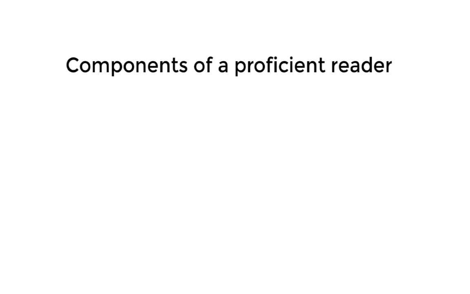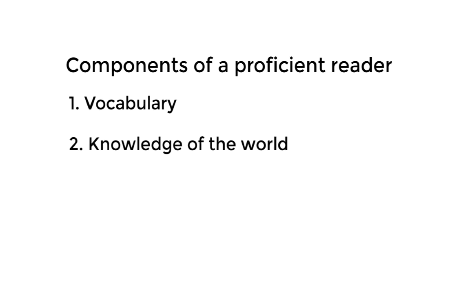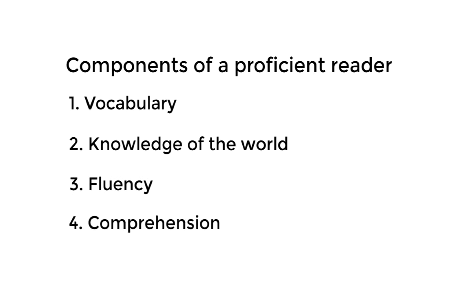There are 4 components to becoming a proficient reader. The first is having a strong oral vocabulary. The second is having enough knowledge of the world to give context to what the student is reading. The third is being able to read a passage fluently. And the fourth is being able to comprehend that passage. These are all interrelated, and during the course of the year with your student, you will help them build these